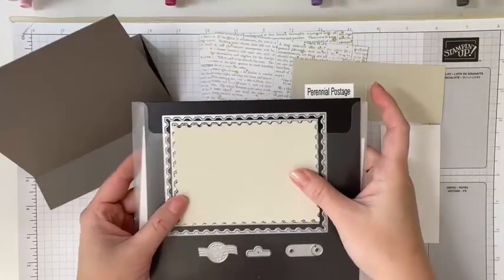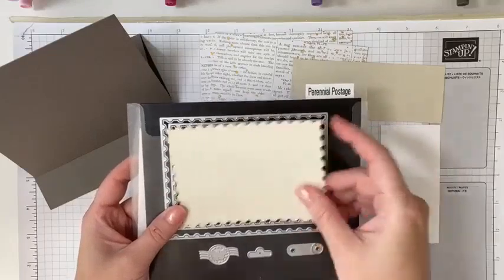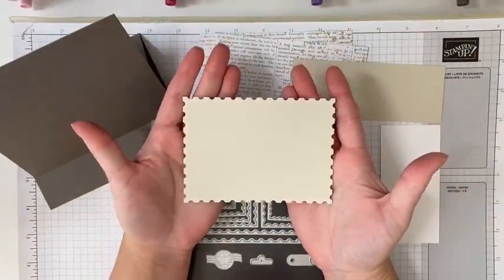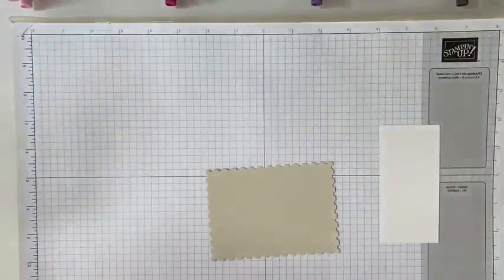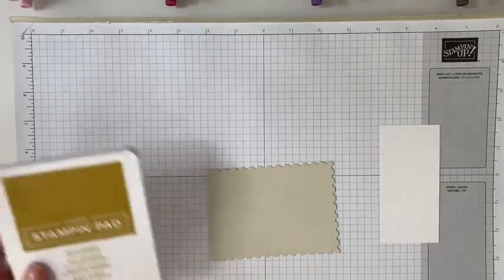This is going to be the second biggest one that we used, just like so. And doesn't that look like a stamp or a vintage postcard or something? I love that one. Okay, so we're going to use that, and let's do some stamping while all of that is drying. So I'm going to first bring in,